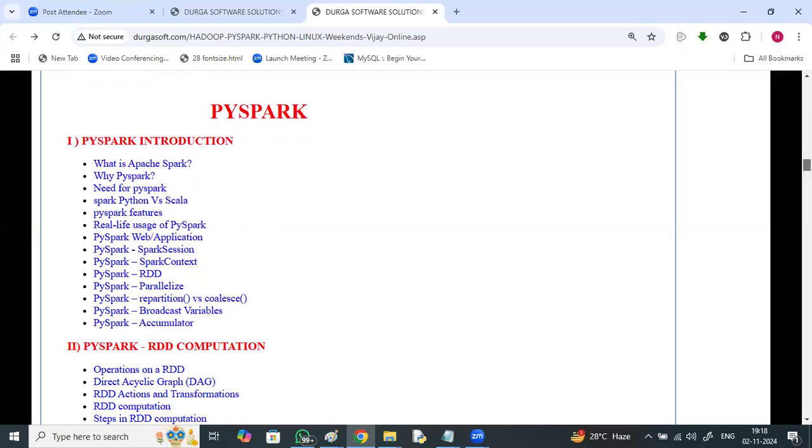Now coming to PySpark, a lot of discussion on this. Major discussion will be on PySpark, right?